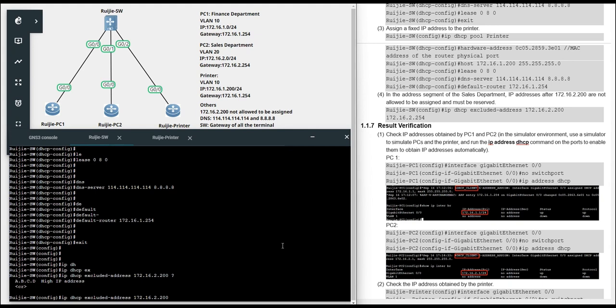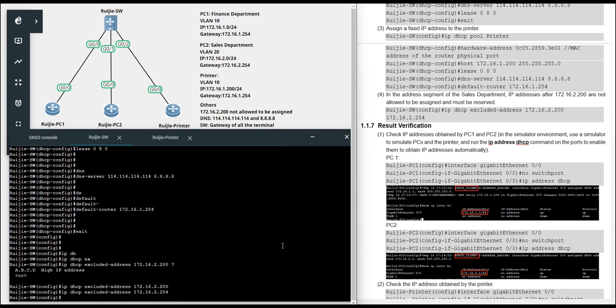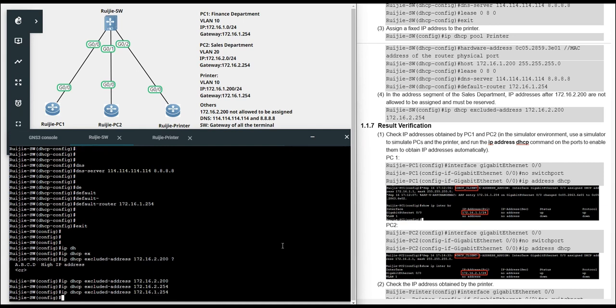And the other one is, okay, you have to enter this one and add a new one for 254. These two IP addresses cannot be used, because one is for a special requirement and another one is for the gateway. So this is a basic configuration here.